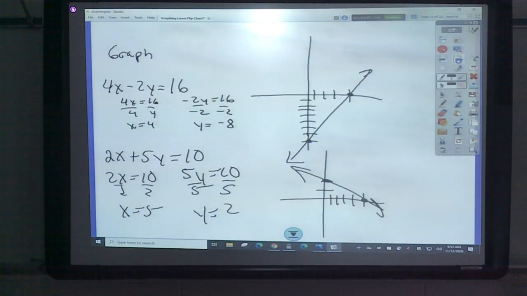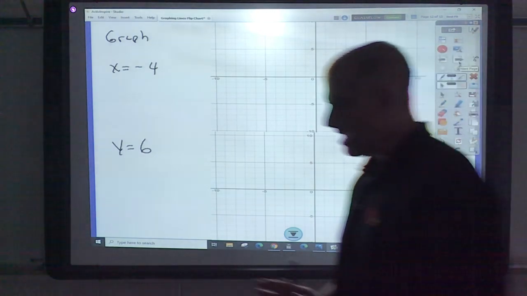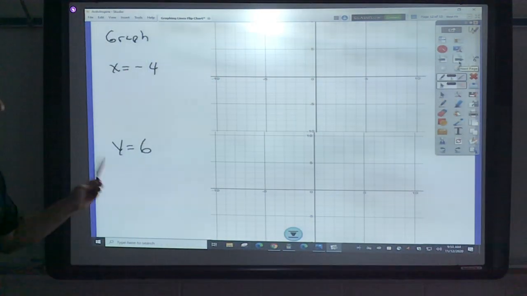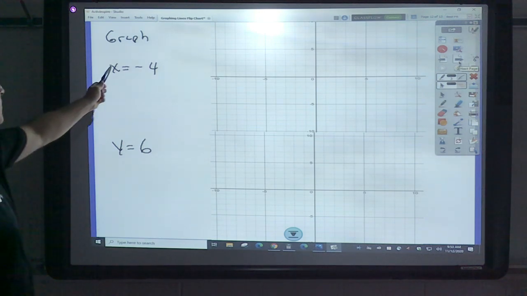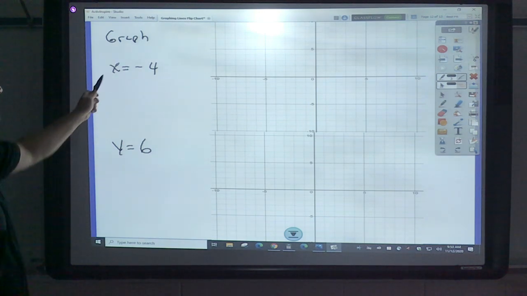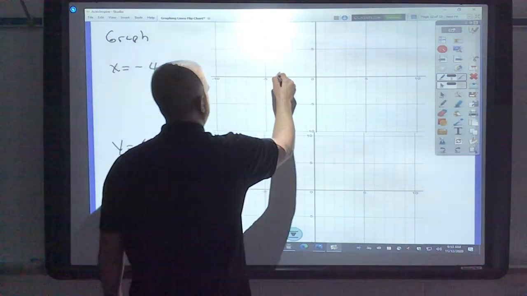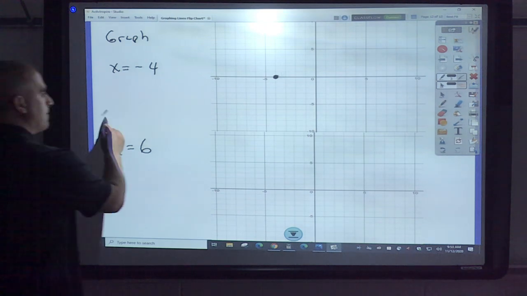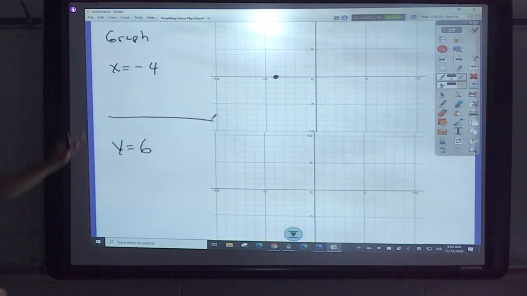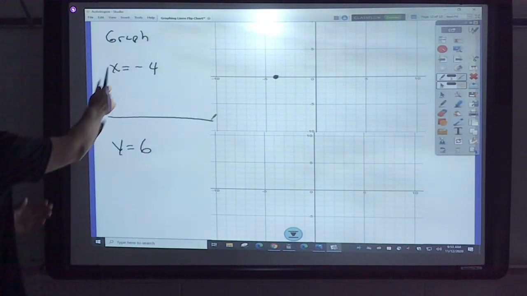Okay, let's go on to these last two. As you notice, we solve things like this. Okay, very simple. Here's how you handle that. Just like the last one, I got x is -4. Now the problem is I don't have a y coordinate, so these are separate problems. So what you have to do